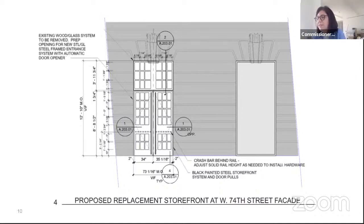In the matter of docket LPC 21-30, 033-27-2101 Broadway, the Ansonia, French Beaux-Arts style apartment hotel designed by Paul E.M. Du Bois and built in 1899 to 1904. The application is to replace doors. I recommend approval with modifications, finding that the removal of the existing modern replacement doors will not eliminate any significant